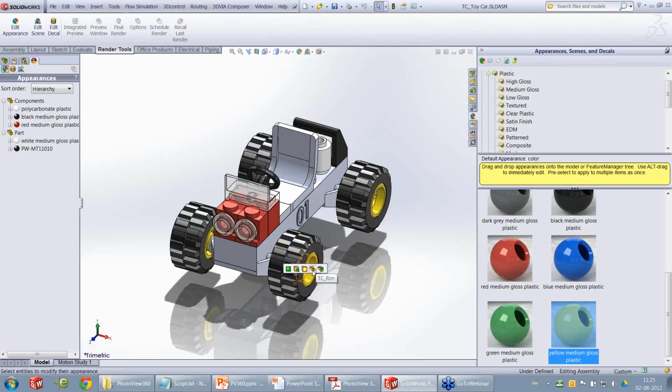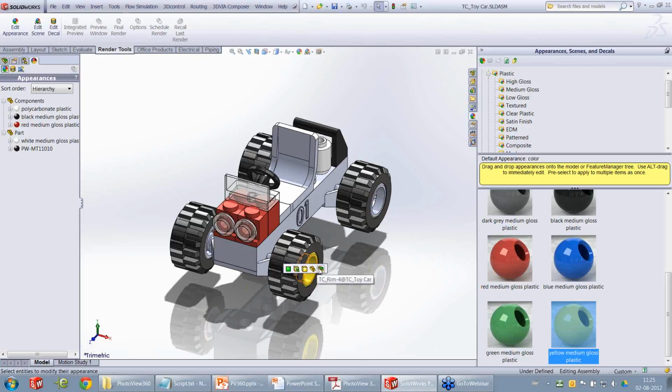When I hover my mouse around the part, you can see all the 3 rims which are visible at this point turning yellow. Basically they're accepting the appearance. But when you go to component, only that particular component on which you dragged and dropped the appearance is holding on to the appearance, and the rest are staying as is. I want you to understand the difference between part and component, because this is important when we go to understanding the hierarchy. So for now I'll choose part, because I want the appearance to be on all instances